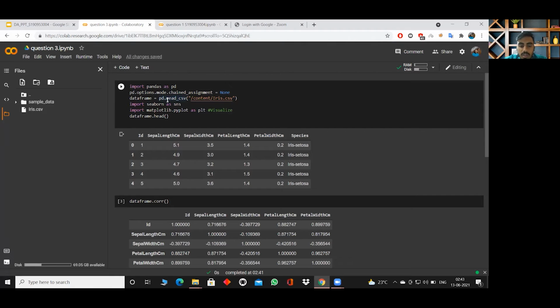The iris data frame data sheet is loaded here. We are importing seaborn as a Python library and matplotlib as plt, and we are again reading dataframe.head, which shows the first five rows of the data sheet. So let us run it.